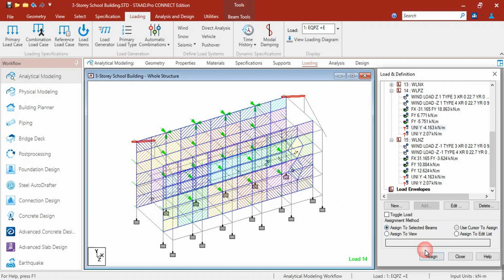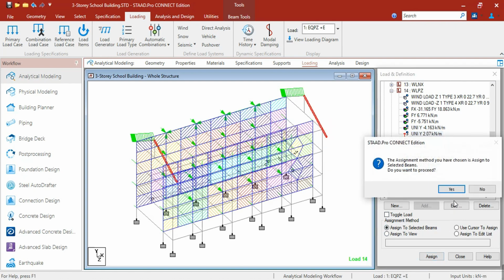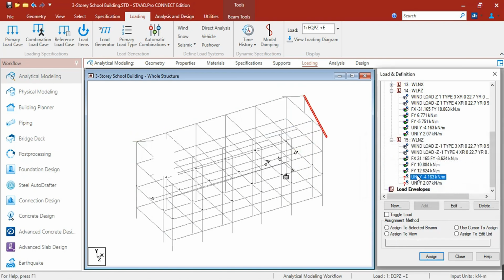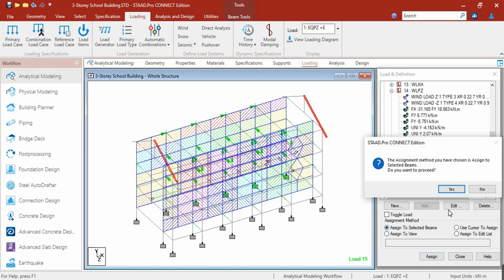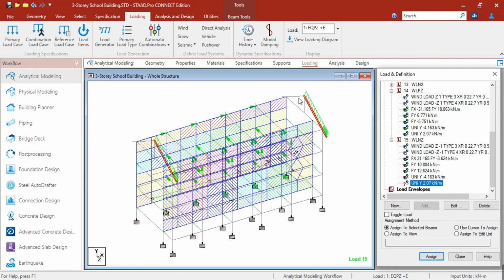Let's assign to selected beams. And this is the leeward side. Then here, this is the windward side for negative Z, and this is the leeward side.